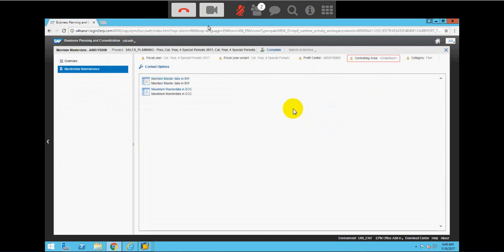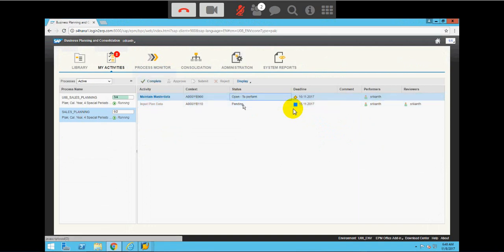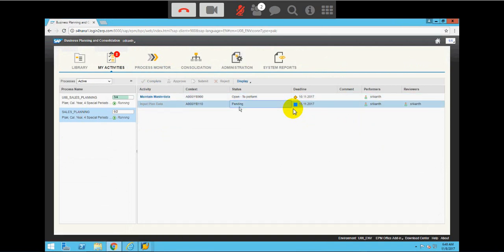Now, this is the first activity. Once he is okay with this, he can click on complete. Now, if he is not clicking on complete, this second activity is not open. See, input plan data is grayed out. It's pending, status is pending. If this pending status becomes open, in order to plan, it should be open, then he has to